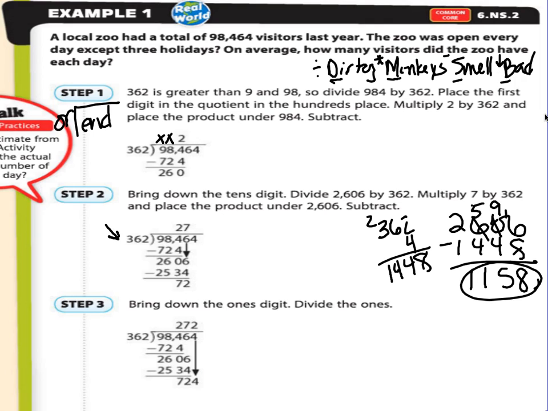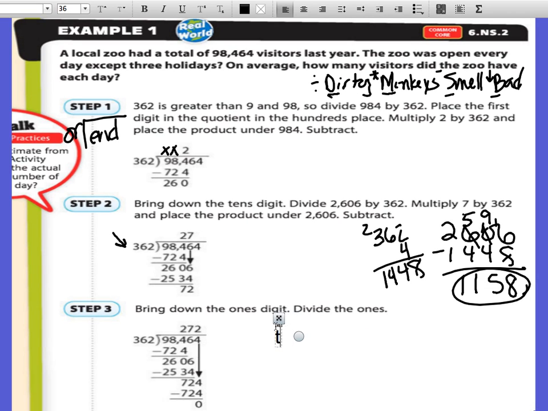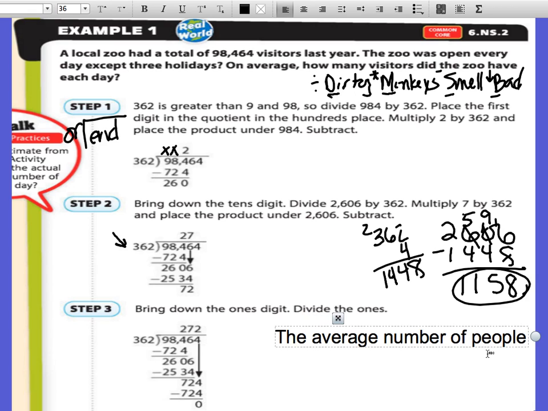You cannot go back to the divide until you bring down that next number. So here we have 724. Well, from before, I know that 362 times 2 gives me 724. So in that case, I know that it goes into it 2 times. I get 724. When I subtract, I get 0. So then I know my answer tells me the average number of people at the zoo each day was